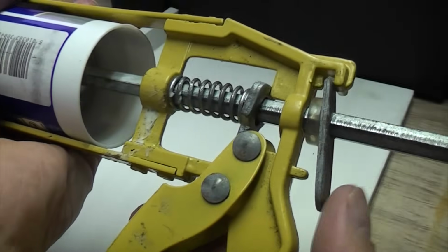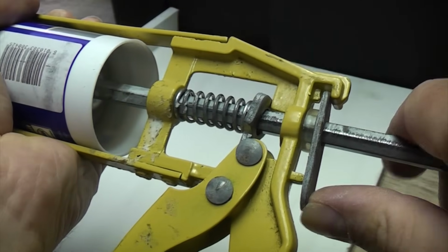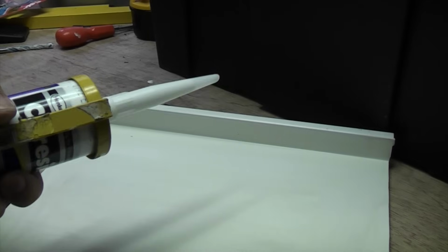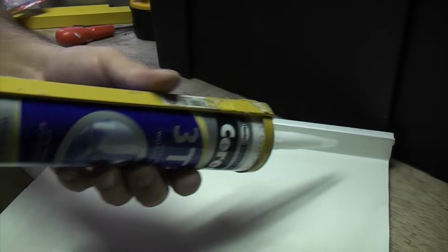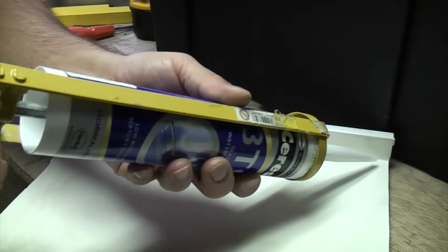Now if you need to stop the silicone coming out of the gun, you need to press that lever and also pull back on it gently, and then that'll relieve any pressure that's in there and it'll stop it coming out the end. So I'm just going to run a small bead down there now just to demonstrate how to use the gun. So I'll just get the silicone to the end of the nozzle,